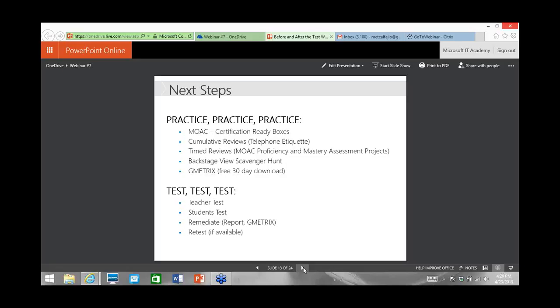Also, it's really good to do timed reviews. So here are some things you could do with timed reviews to get your students used to that timed environment. You can take projects from the MOAC book, for example, like Lesson 7 of Word 2010. Go to the end of the chapter in MOAC